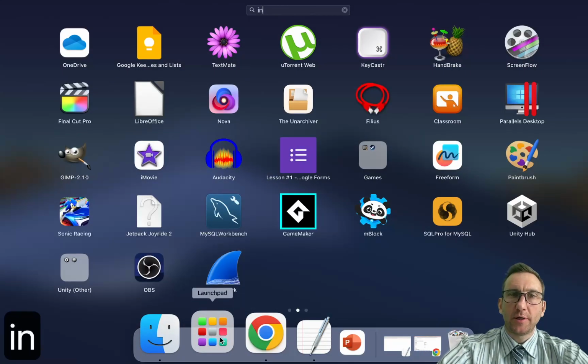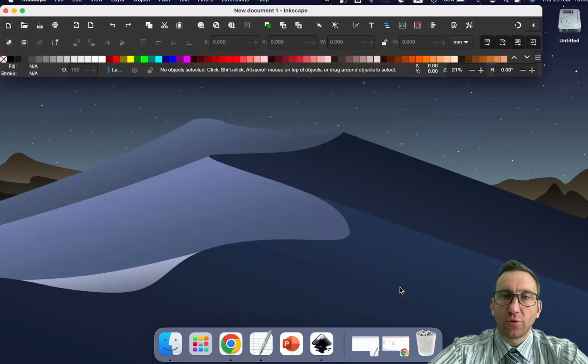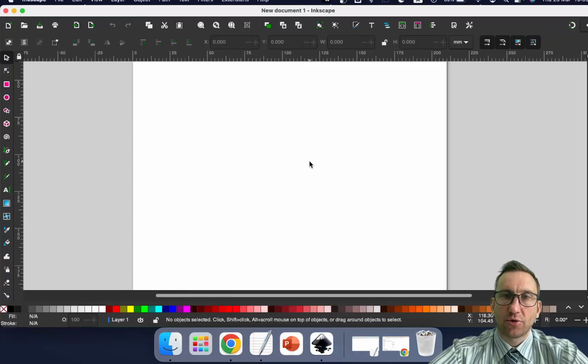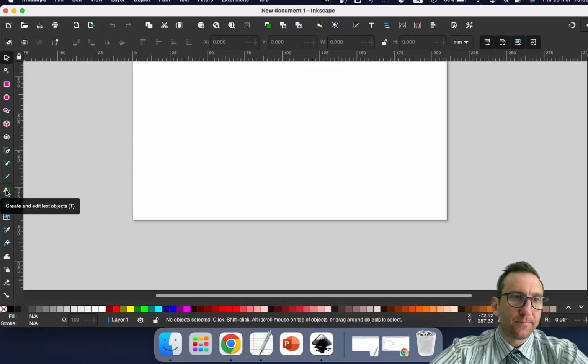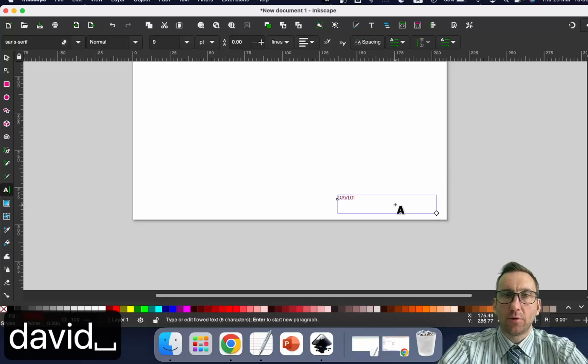Right guys, okay, so nice easy thing for us to do to start off. So I'm just going to fire up Inkscape with a new document. I'm going to double click that, and then I'm just going to stretch. I'm going to go down to the bottom. Now I need my text tool, create and edit text objects. I'm going to have a little text box, and I'm going to put,